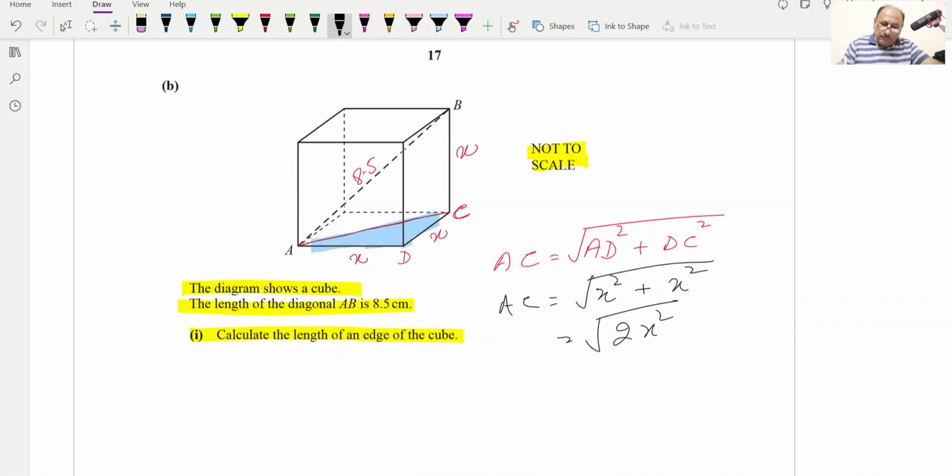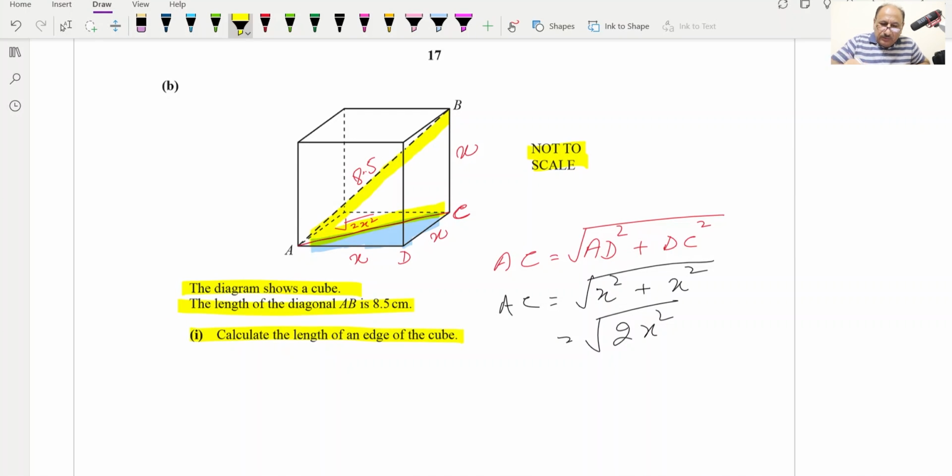Now this is what we got. If I write in red color, that will be fine. So we can erase this and write here under root of x squared plus x squared, or we can write 2x squared under root. Now we can apply Pythagoras theorem again, and this will be, we will be now considering this triangle.